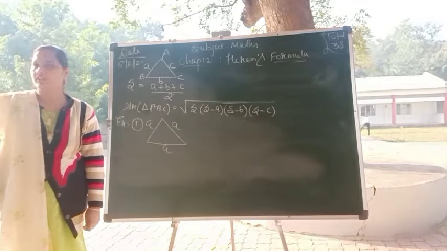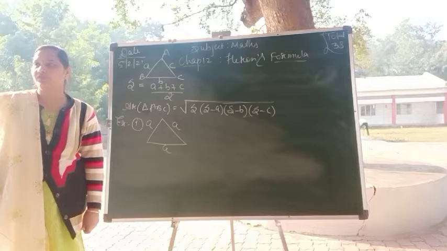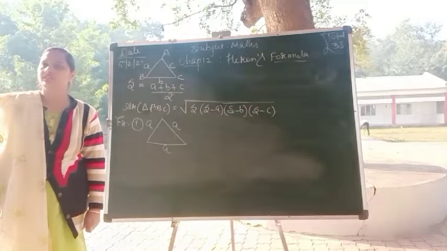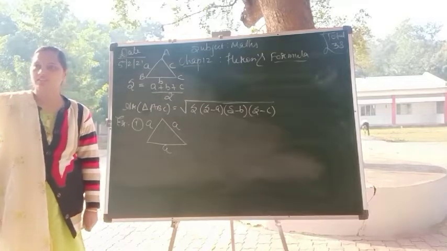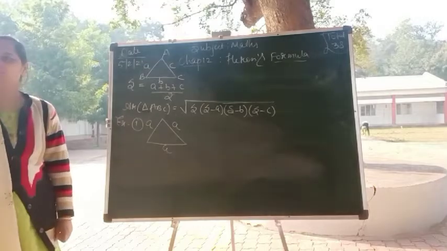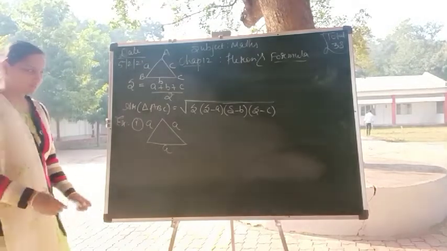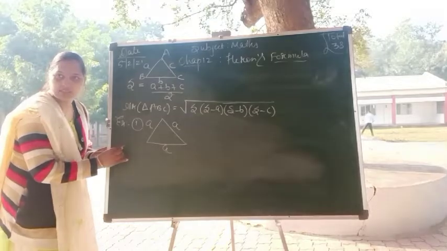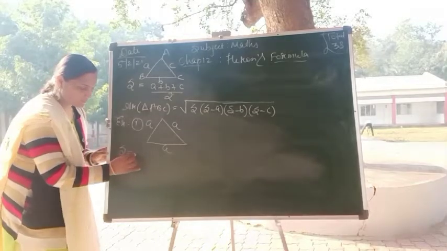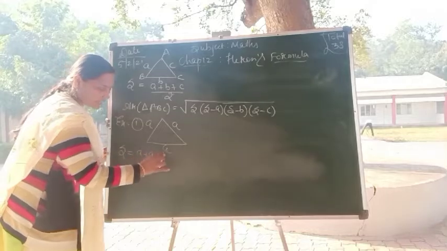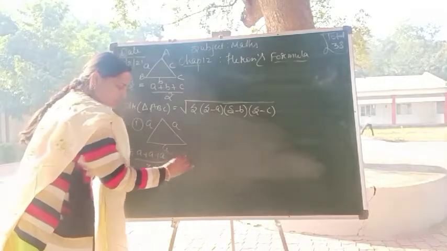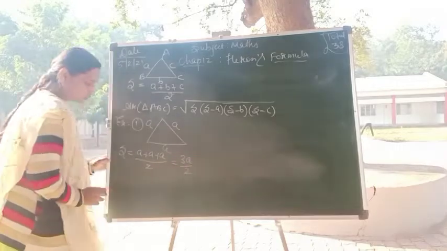Now we will form a formula to find the area of an equilateral triangle, which can be directly used in 1 mark questions. Yes, Dishan? Root 3 by 4 a square. Correct answer? Yes, ma'am. Root 3 by 4 a square is the area of the triangle. Let us see the semi-perimeter first. So a plus a whole upon 2, then 3a by 2.